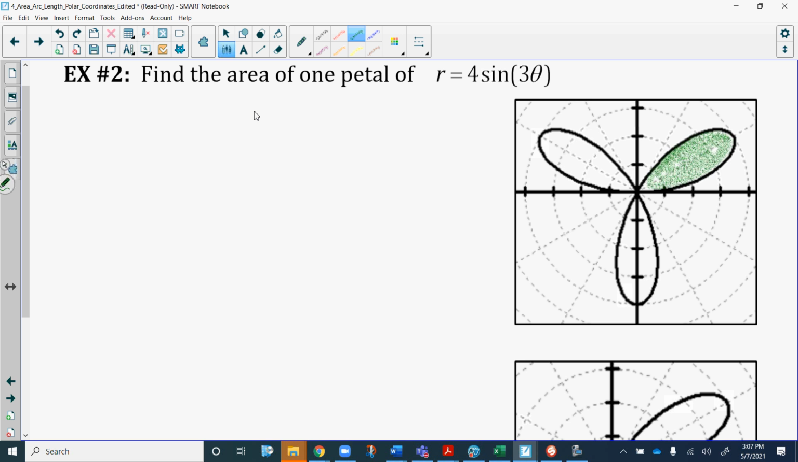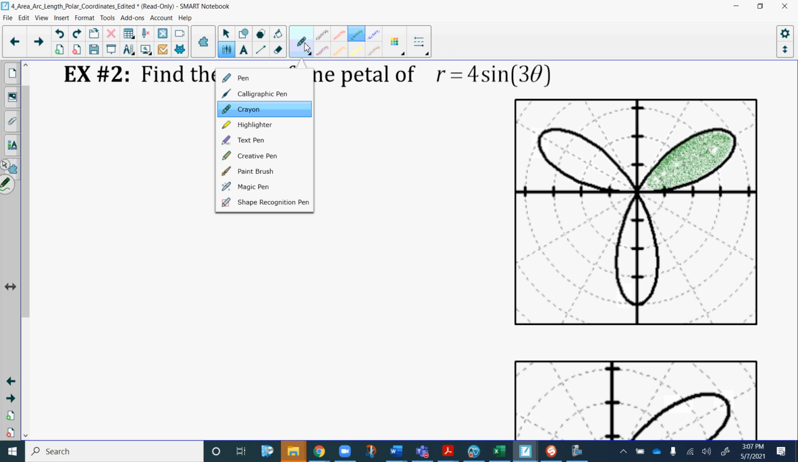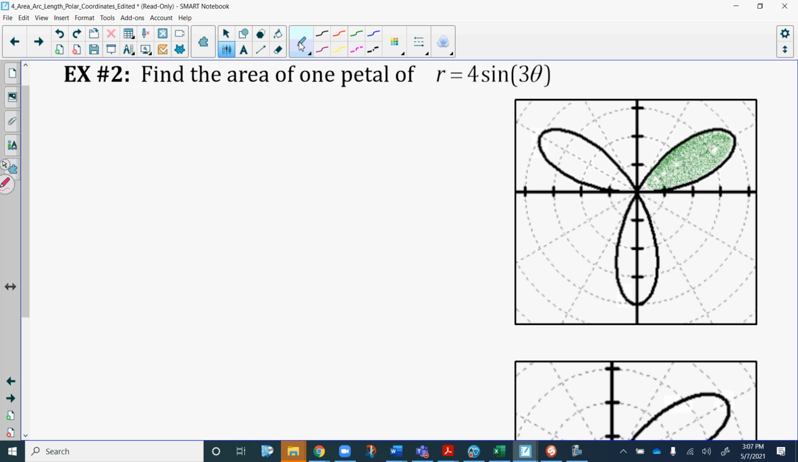Okay, what's the area of that petal? Well, I need to know what the interval is going to be. We know what r is, so we know what we're going to be using for our r value when we do our integration. But what's the interval going to be? Okay, so what I'm going to do to find the interval,